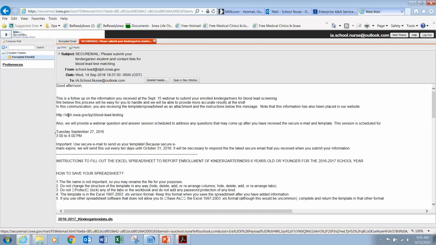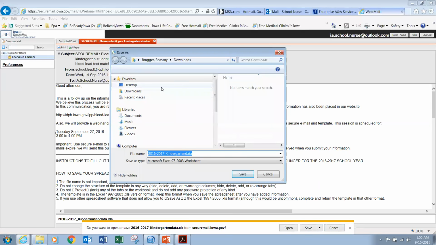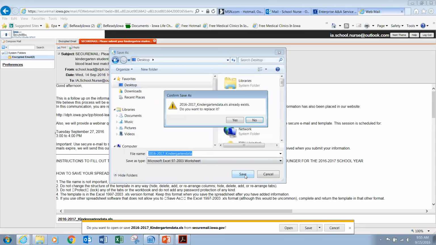So I want to open the template, which is down here. You will want to save it probably to your desktop. I'm going to save it to my desktop. It already exists on there, but I'm going to replace it.